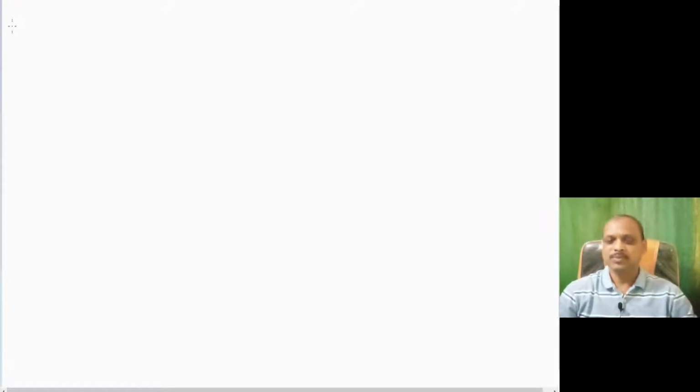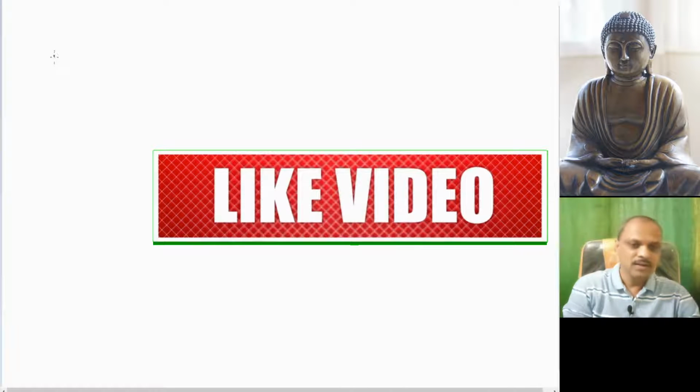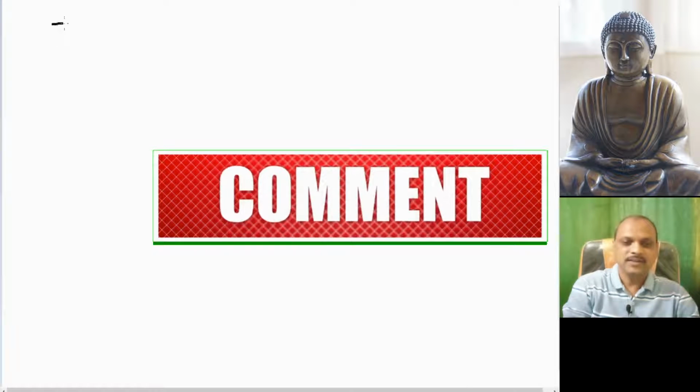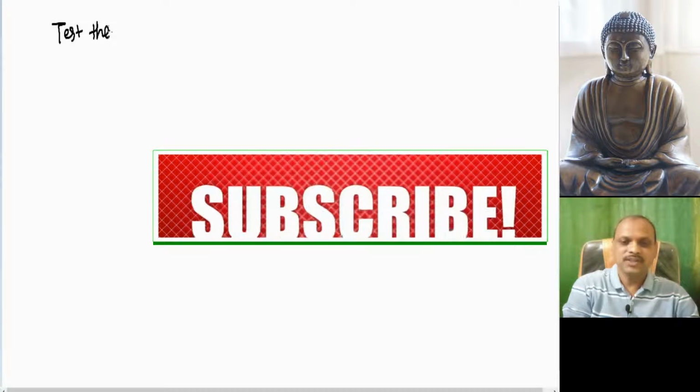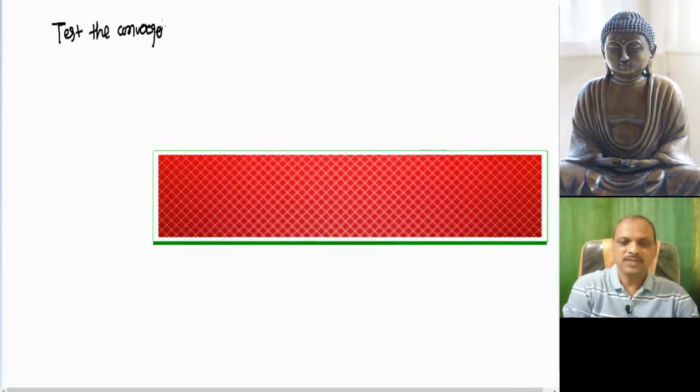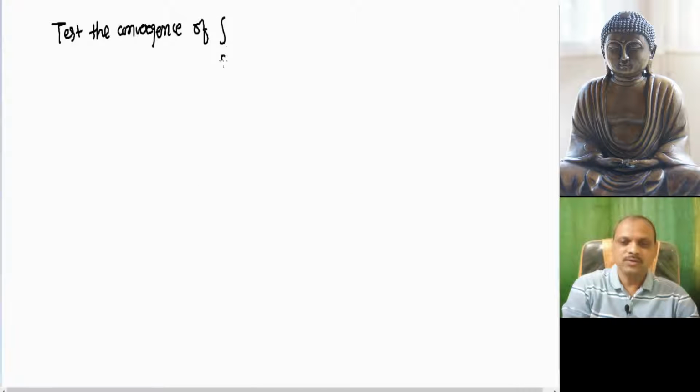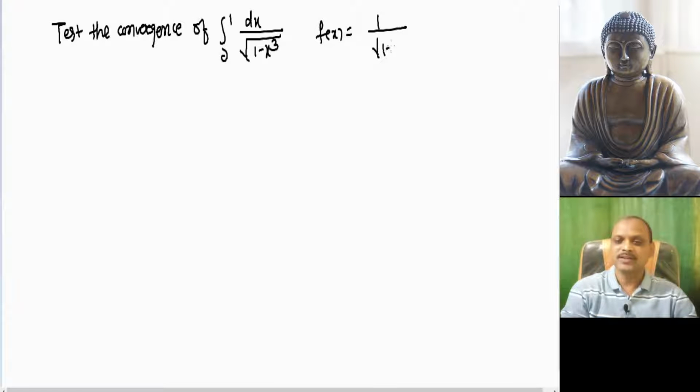In this video we discuss integration of some improper integrals. Let us test the convergence of the integral from 0 to 1 of dx divided by under root of 1 minus x cube. We know that this function has an infinite discontinuity at x equal to 1. So, if we consider f of x equal to 1 divided by under root of 1 minus x cube,